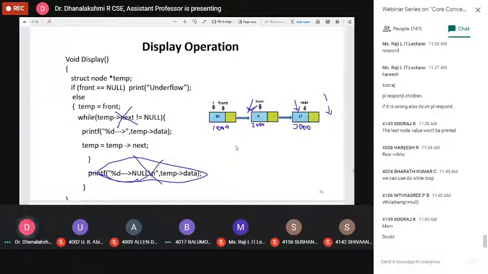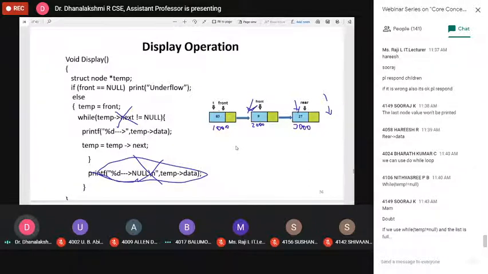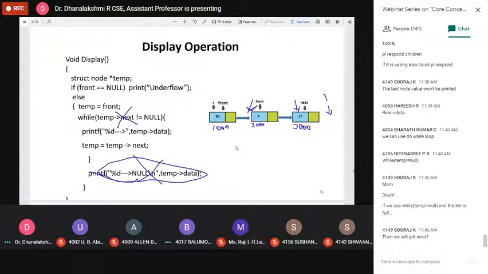Any doubt? Yeah, Suraj, what is your doubt? If you use while temp is equal to null and then the list is full, then we will get an error.